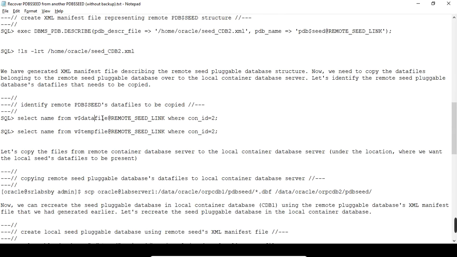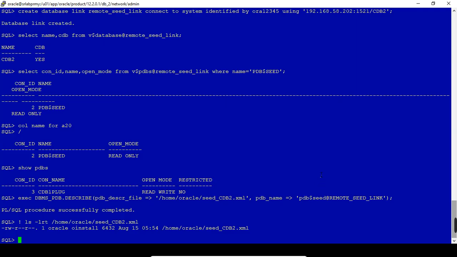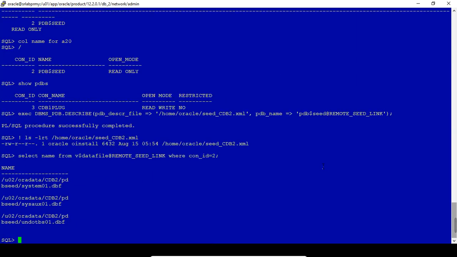Now we have generated an XML manifest file describing the remote seed pluggable database structure. Now we need to copy the data files belonging to the remote seed pluggable database over to the local container database server. Let's identify the remote seed pluggable database data files that need to be copied. We can find the data files this way. They are under u02 CDB2.